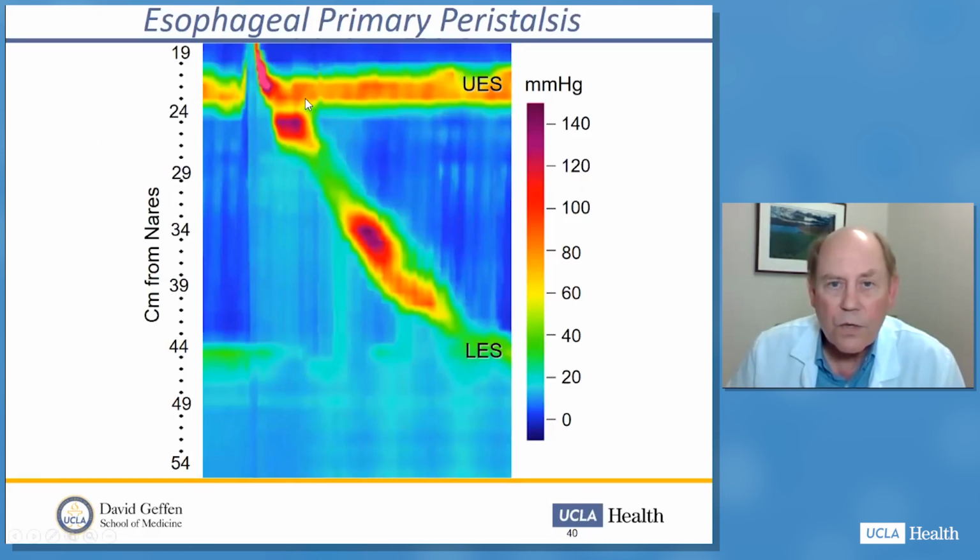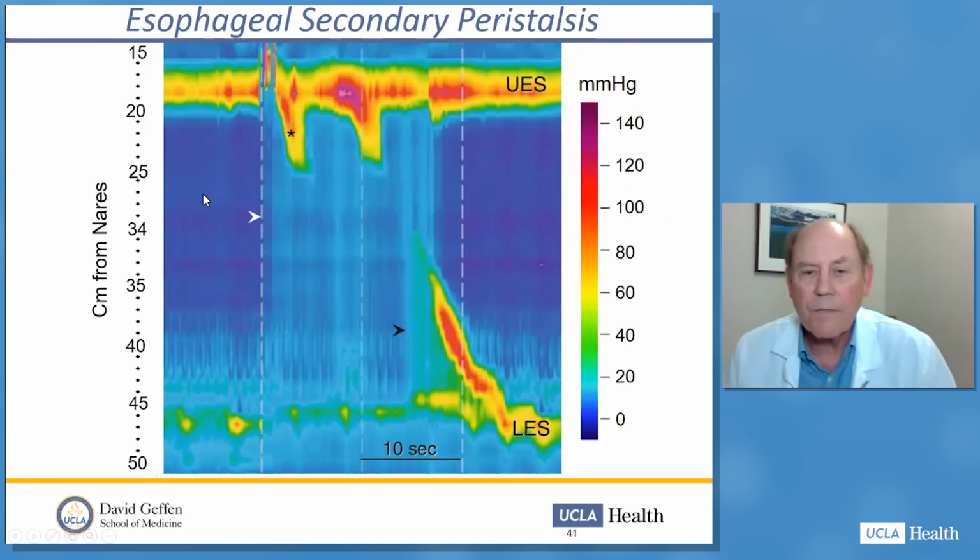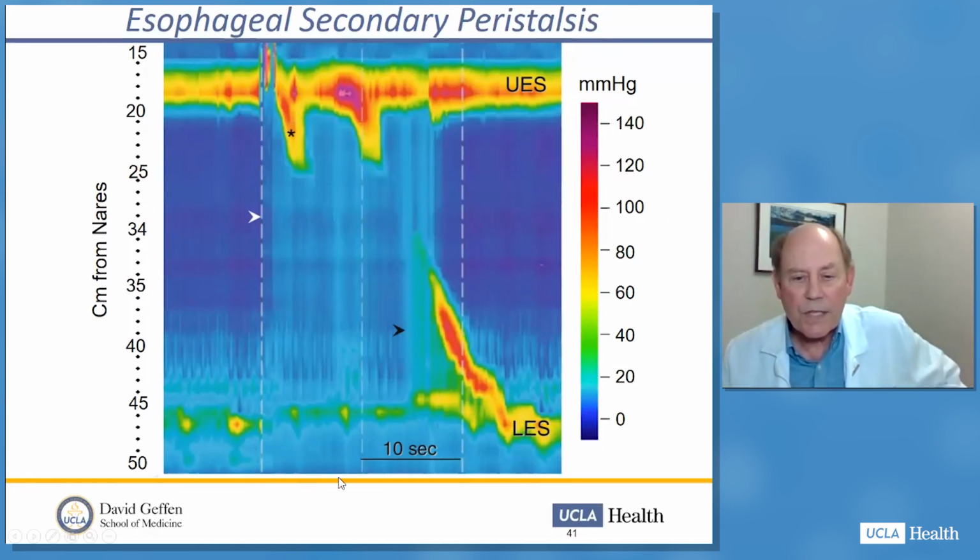Again, a reminder, this is normal peristalsis. And this I'm showing you for reasons that have to do with the FLIP technique. So this is a swallow. Here is peristalsis in the striated muscle esophagus, but in the smooth muscle esophagus, it failed. And you can see that the pressure is higher here than over here. So that tells us that there's a bolus in here, and here